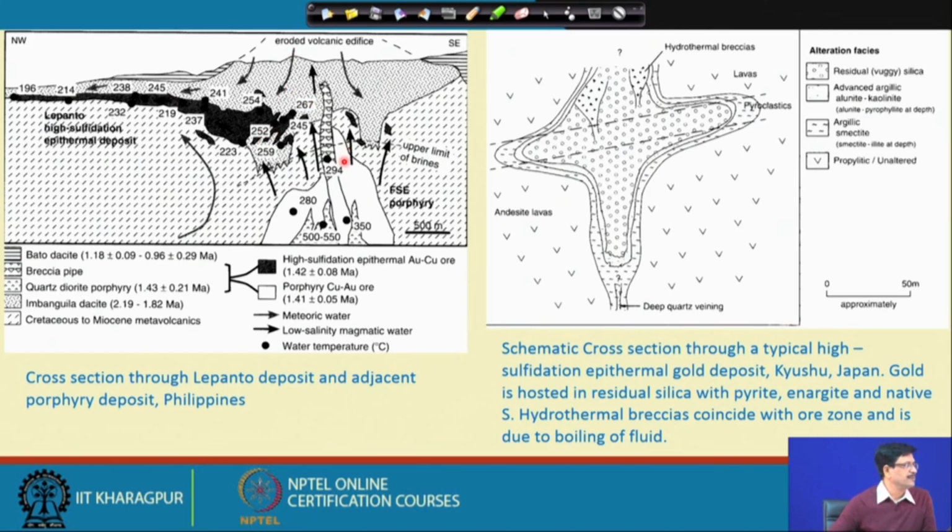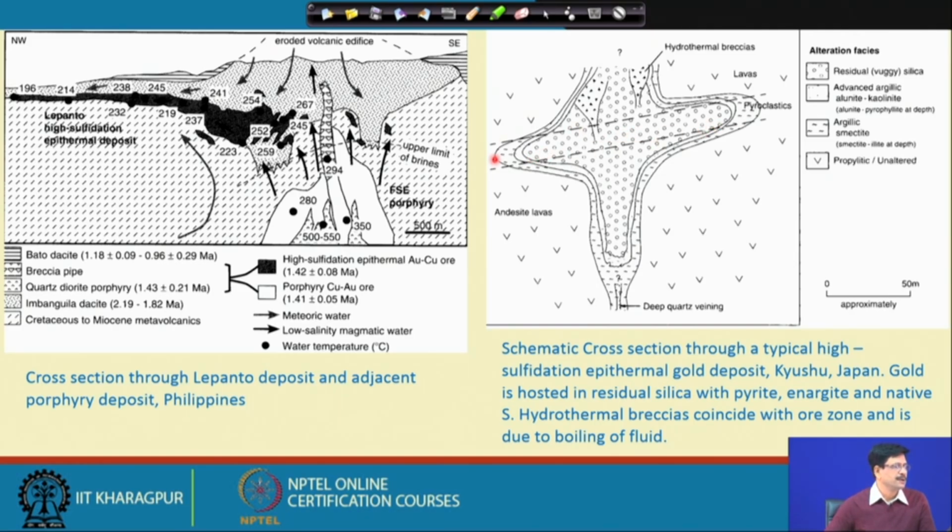This is a classic example, and they are sometimes associated with breccia. Interestingly, these ore bodies have an inverted teardrop type of shape, and they are associated with a very interesting feature, which is a residual of the vuggy silica. This indicates that before the mineralization episode, the fluid which interacted with these particular zones was extremely acidic in nature, and it almost dissolved out the rest of the components, just leaving behind the vuggy silica